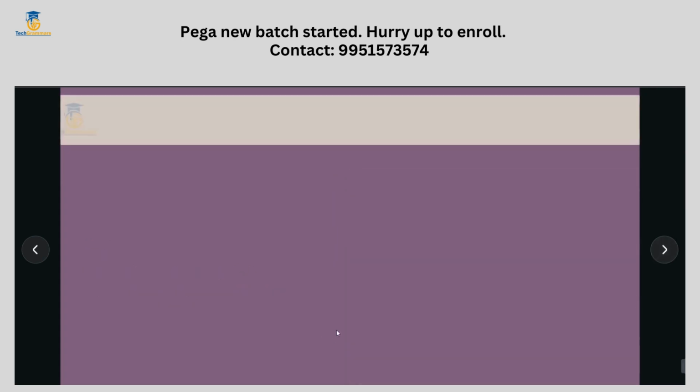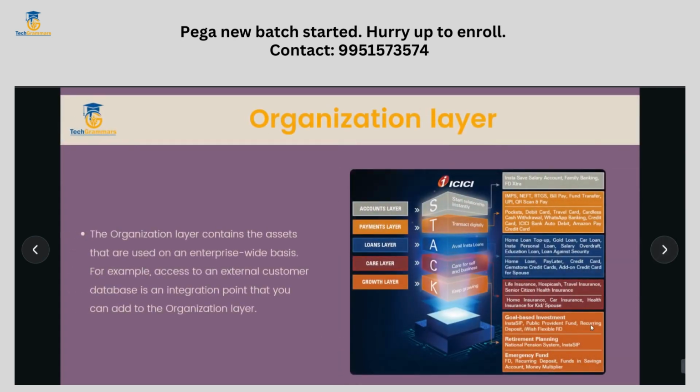Going into the next slide, we will have an organizational layer. We intentionally articulated and designed this layer because you will very well relate to this picture. Organization: now assume that ICICI is an organization. In an organization, we will have